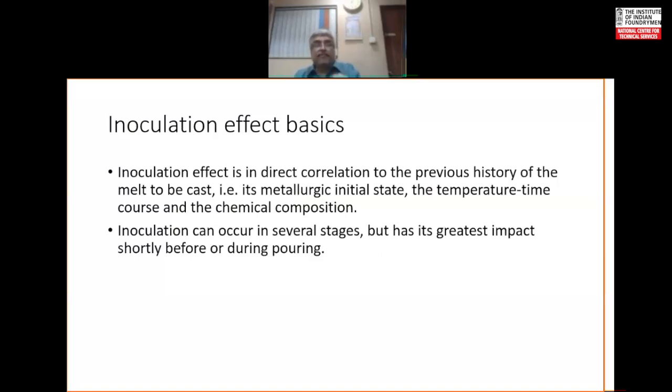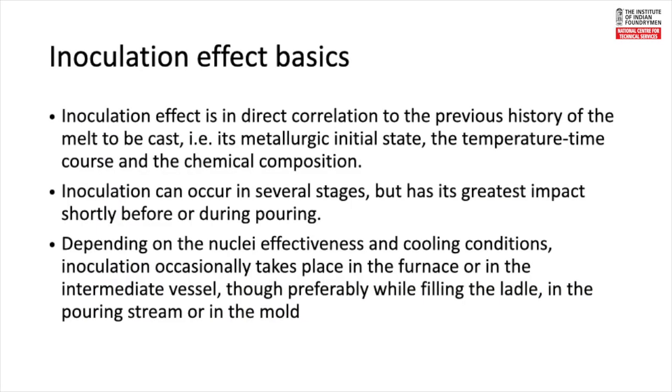During pouring, if we add inoculation, we will get the best out of the inoculation. Then depending on the nuclear effectiveness and cooling conditions, sometimes inoculation may take place in the furnace or in the intermediate vessel,